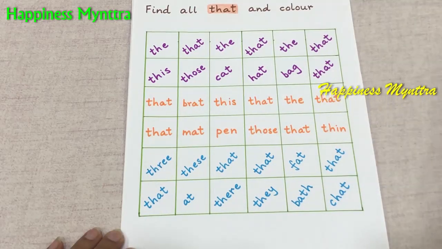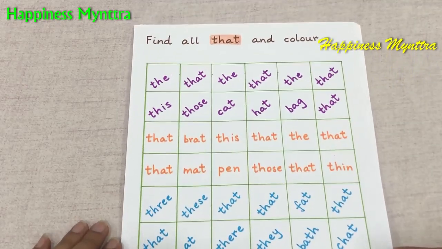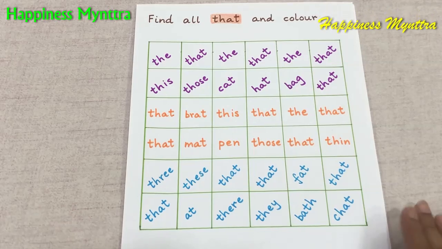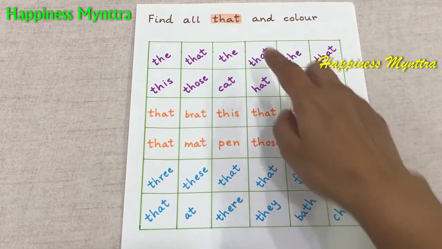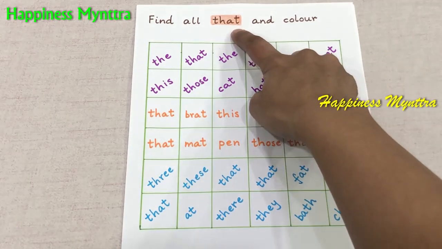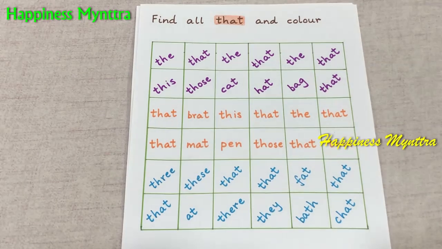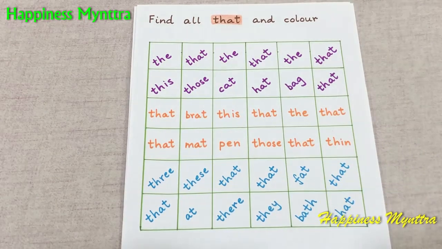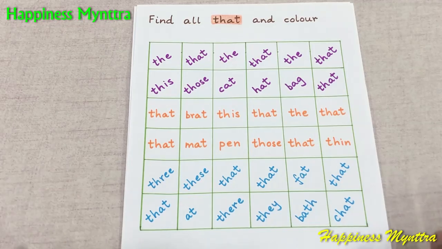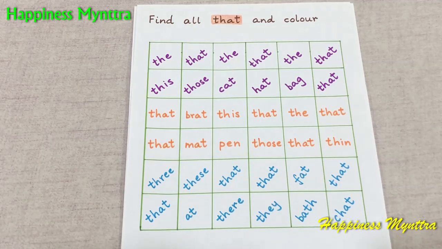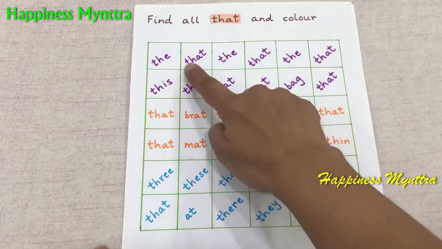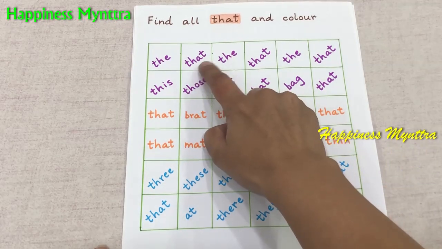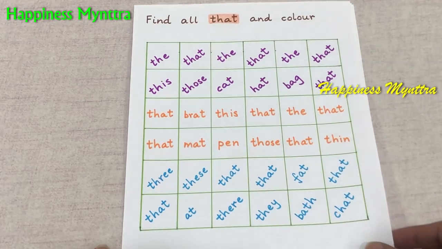Another cool activity to do is this kind of a worksheet. So here what I have done is I've taken the word that which needs to be taught and there are lots of that written in the boxes and the boxes can be colored. It's a variation of the first worksheet, a little different presentation but children enjoy such things. So again, t, h, a, t, that. Essential to read the word.